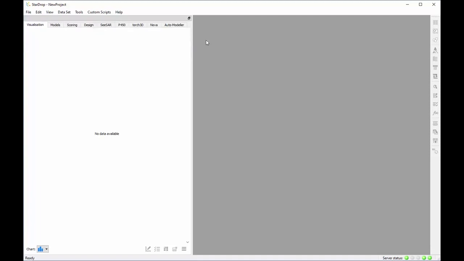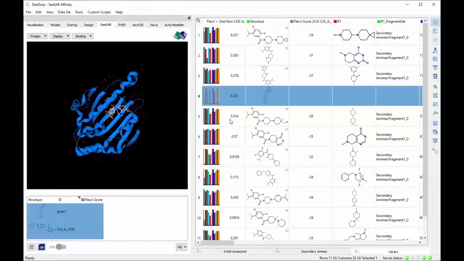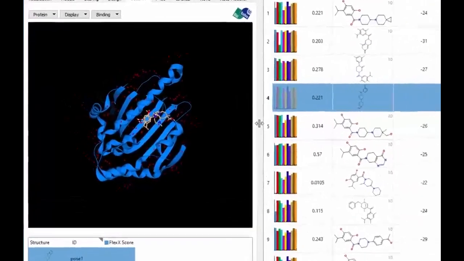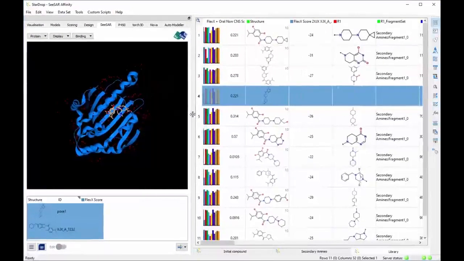If you've just completed the CSAR pose worked example, then you can carry on directly without reloading the initial file. In Stardrop, open the file csaraffinity.sdproj by selecting Open from the File menu. On the left, in the CSAR area, the protein HSP90 is displayed with its secondary structure and the co-crystallized ligand analyspib. The dataset on the right contains 11 compounds from the library, one of which is also selected and displayed